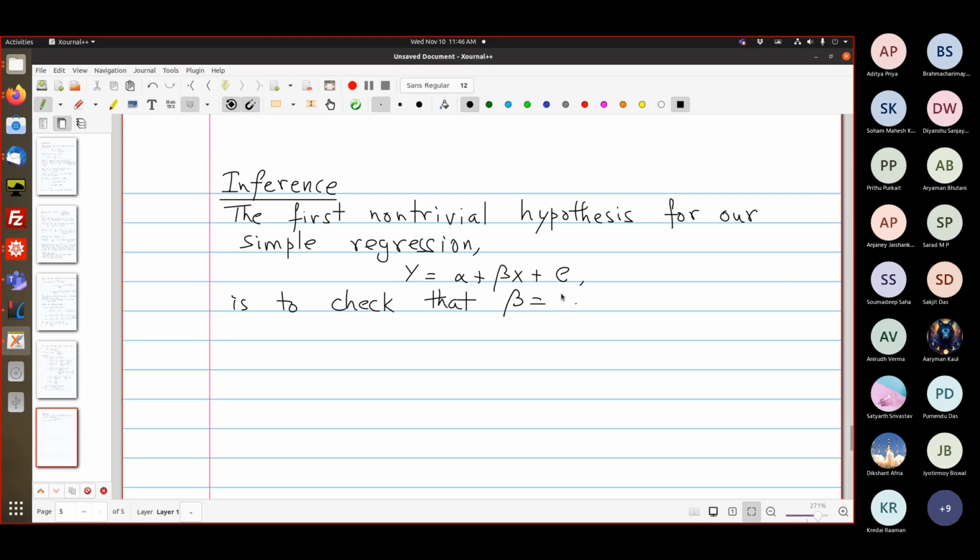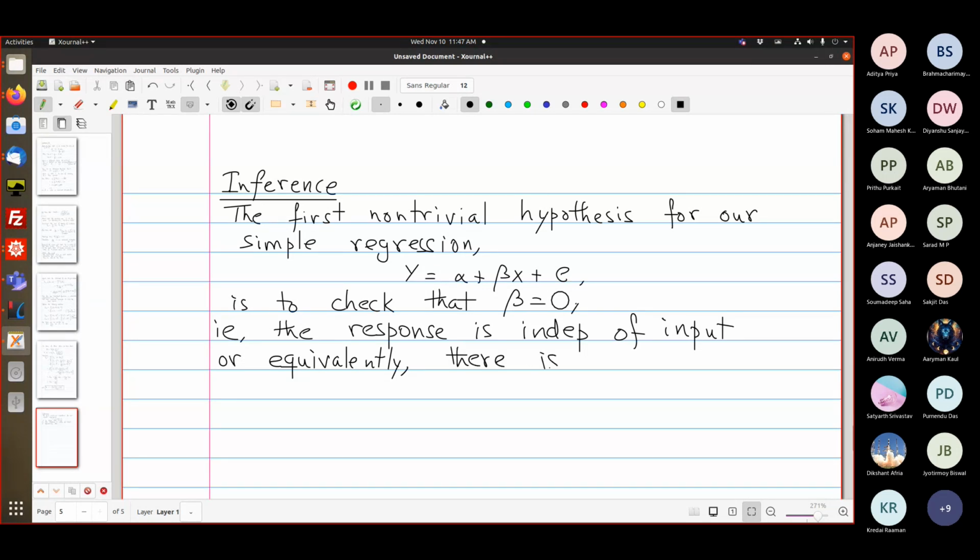This is the first non-trivial thing you can do, i.e. the response is independent of the input, or equivalently there is no regression